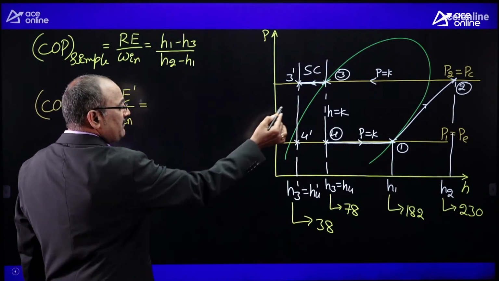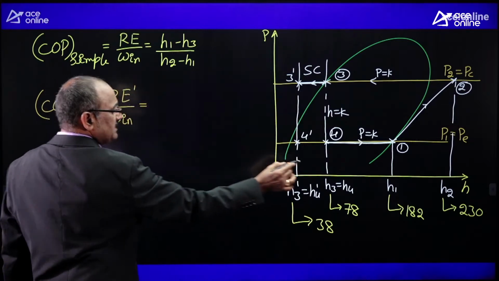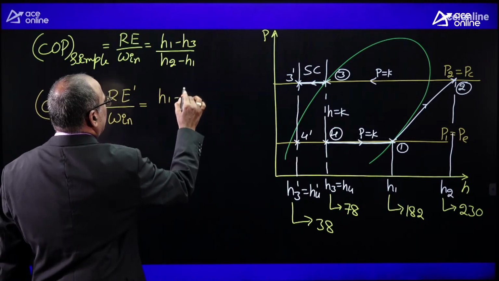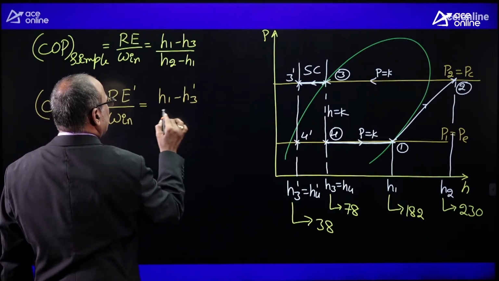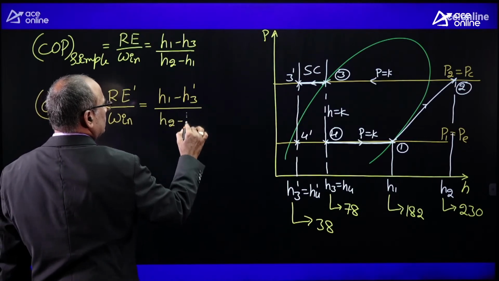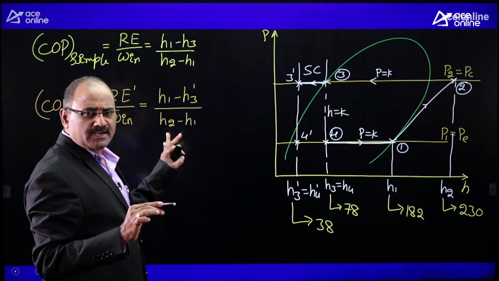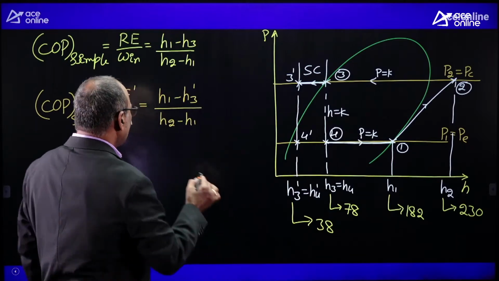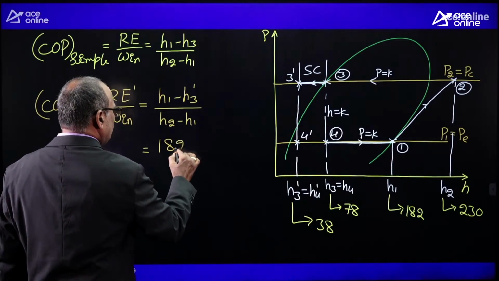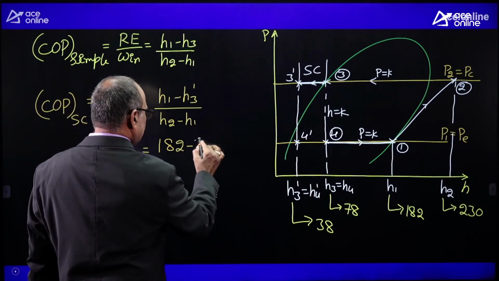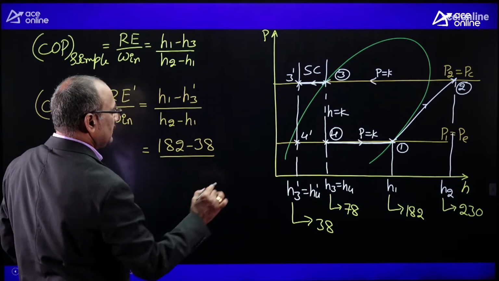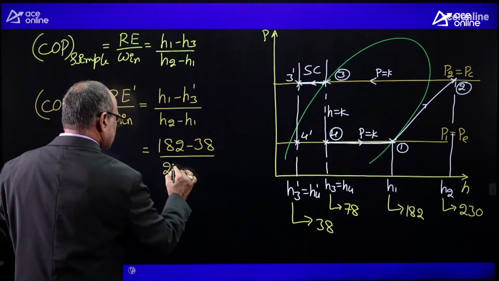The new refrigeration effect with subcooling is H1 minus H3 dash, divided by the work input, which is the same H2 minus H1. Is it understood? Yes. Now, what is the H1 value? 182 minus H3 dash 38, divided by H2 230